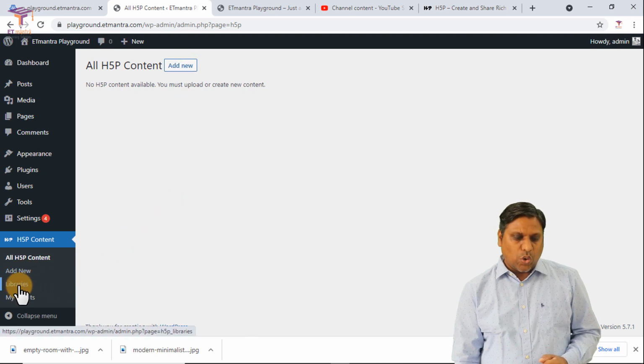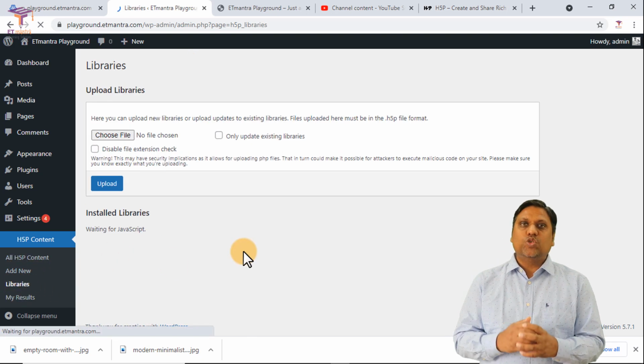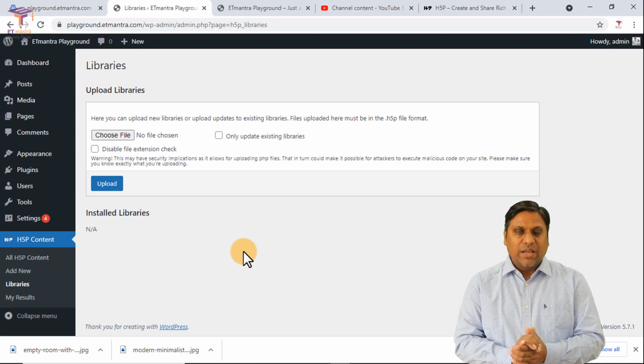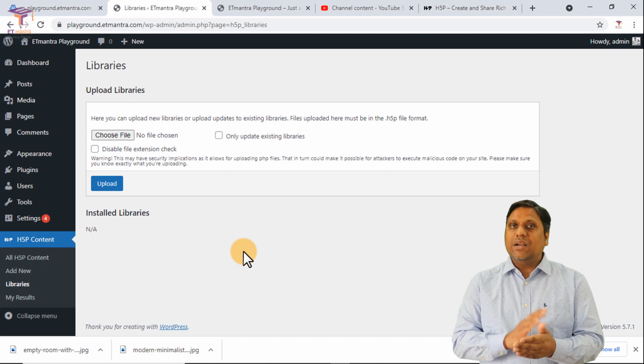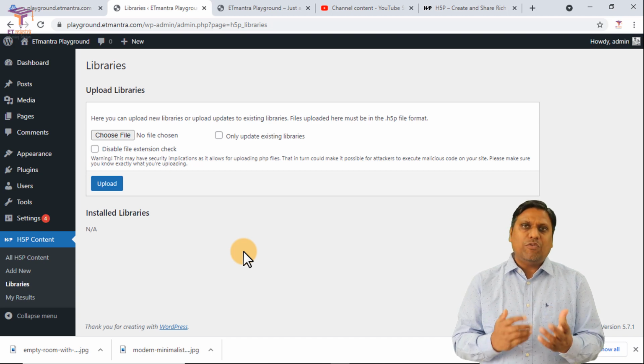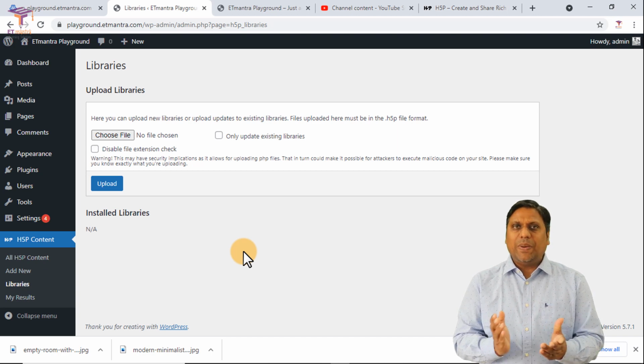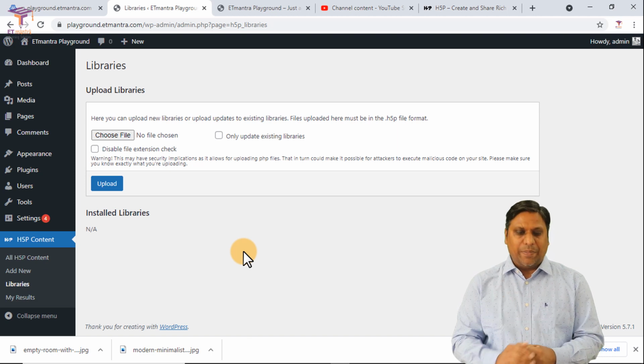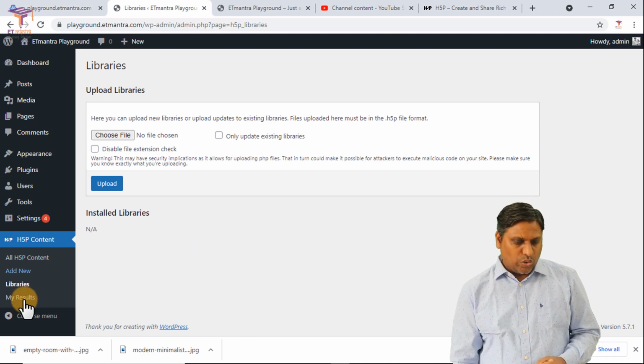But let me show you libraries. What libraries do we have at present? At present, there are no libraries. When there are no libraries, we can't create any activity. So we have to add libraries. There are multiple ways to add a library, but I like to add content and then libraries. So I'll show you how to do that.